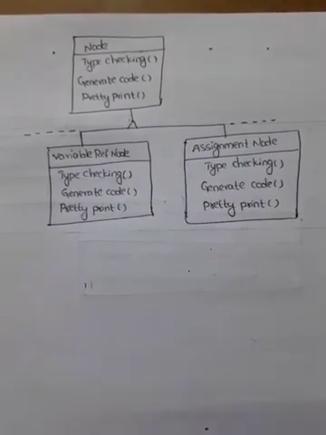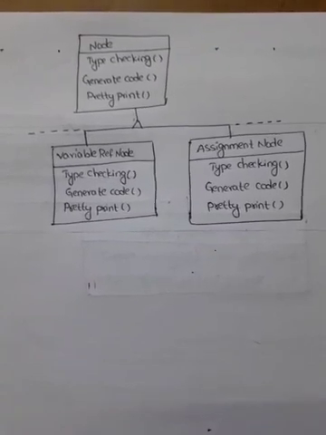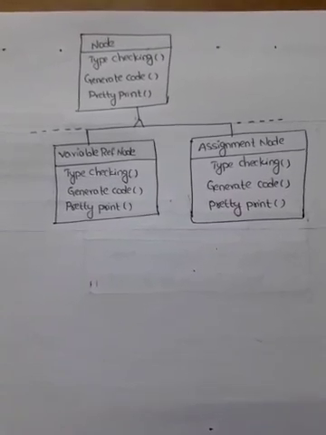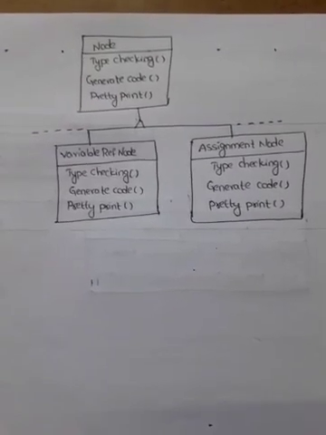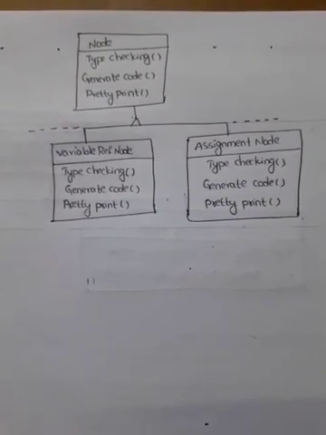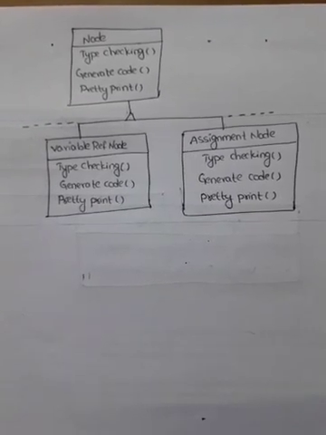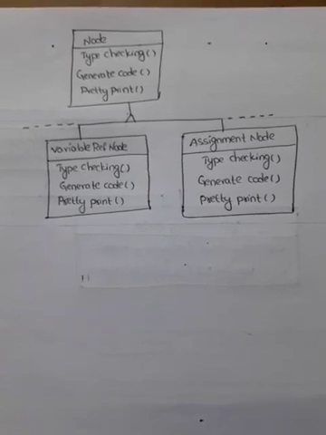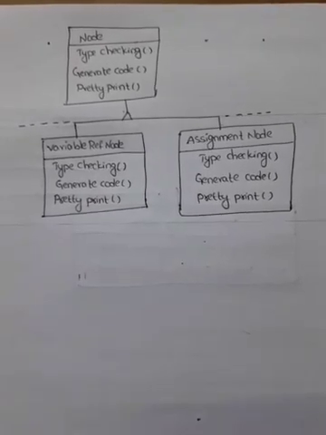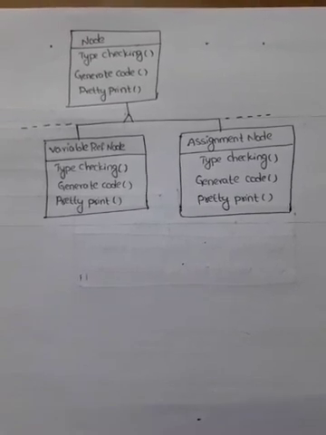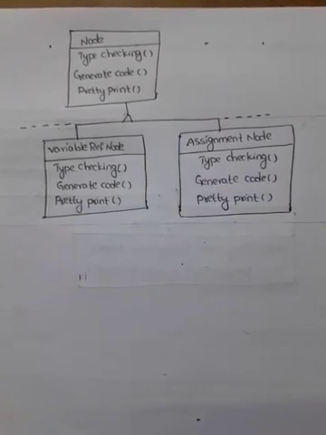The set of node classes depends on the language being compiled, of course, but it doesn't change much for a given language. This diagram shows part of the node class hierarchy. The problem here is that distributing all these operations across the various node classes leads to a system that's harder to understand, maintain and change. It will be confusing to have type checking code mixed with pretty printing code or flow analysis code.